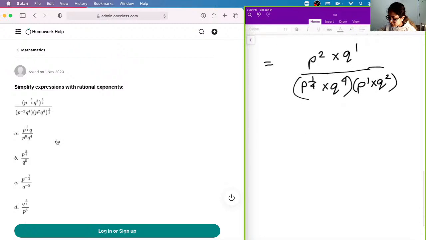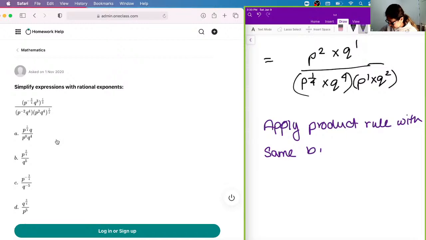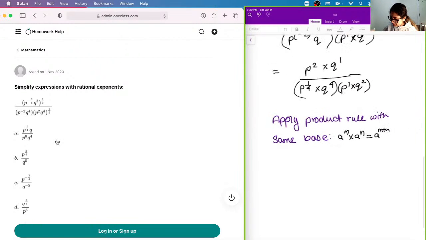If you guys remember, apply the product rule with the same base. So this is where you have a to the power of m times a to the power of n, and this is going to be a to the m plus n. So we're going to use this formula and apply it. So then what we get